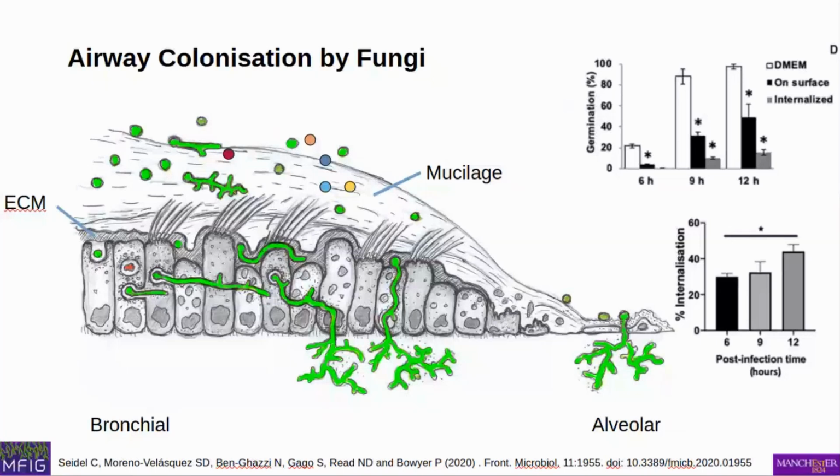Sometimes those spores will actually get through that mucilage layer. And you can see again on the left of the diagram that some spores are effectively eaten by the cell layer that they meet. Your human lung cells are very good at ingesting and digesting fungal spores and other types of bacteria and so on and so forth.